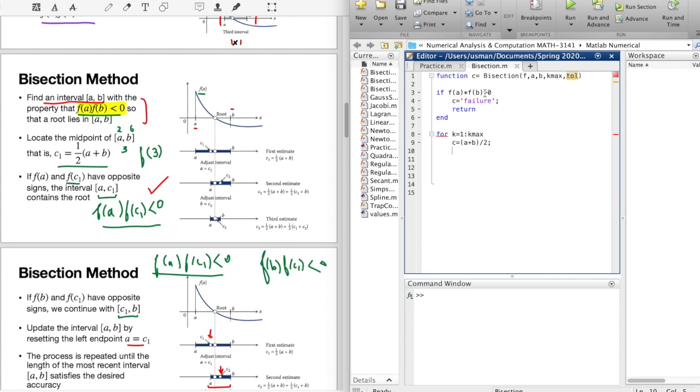When we complete this code, it will be more clear why we are doing this. So now I define an if statement, and I define that if the value of the function at c is equal to 0, then return. Otherwise, if